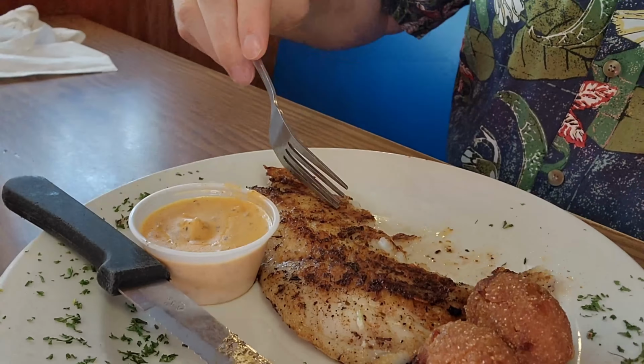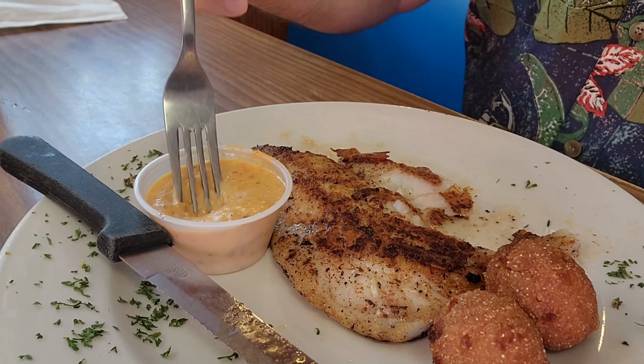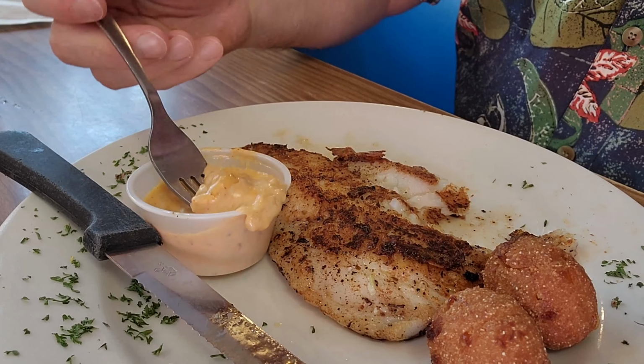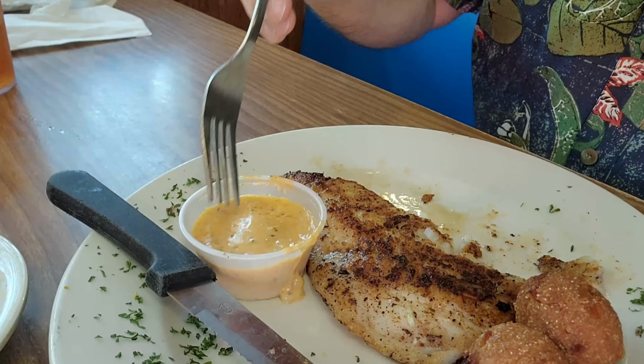Okay, so the grouper is cooked nicely. It's got some good flavors there. I'm definitely enjoying that. Now let's try out some of this cream sauce. So there's definitely some chunks of seafood in there. There's just definitely not a whole lot of the sauce. You gotta dole it out. Ooh. Okay, let's give it a nice taste test with some sauciness on it,